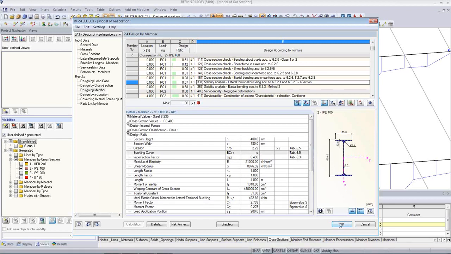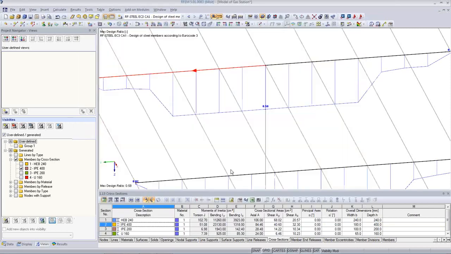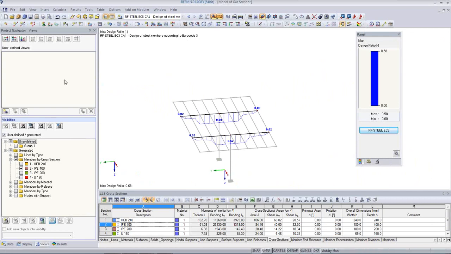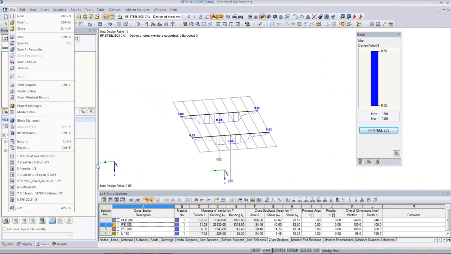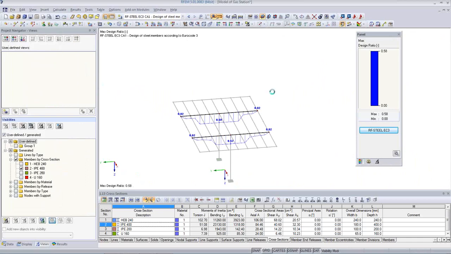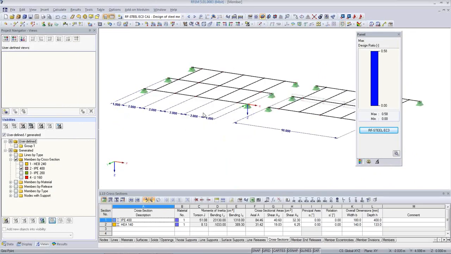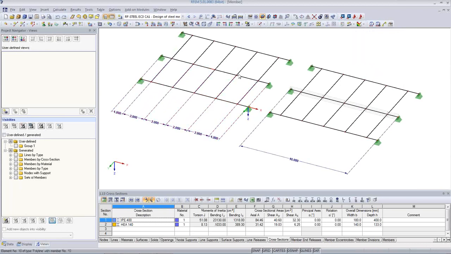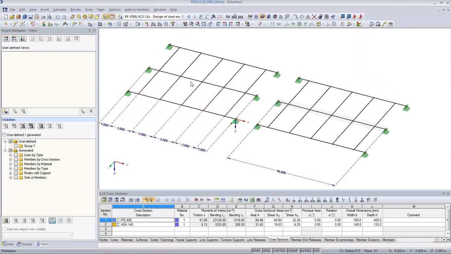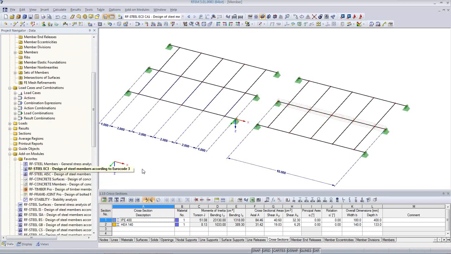The next question, or maybe there's another question that says, what about those set of members and how that works? How I'm doing this. I can show you this in another model. I have a similar situation here where I have two models, one which is the intermediate beams, and one has the same model with the same loading with the set of member. And if we go to the design of steel EC3